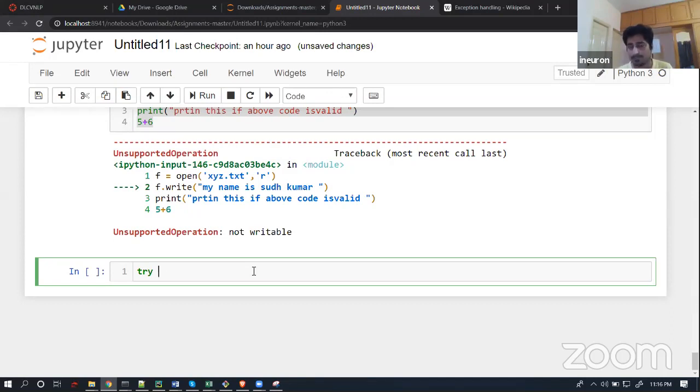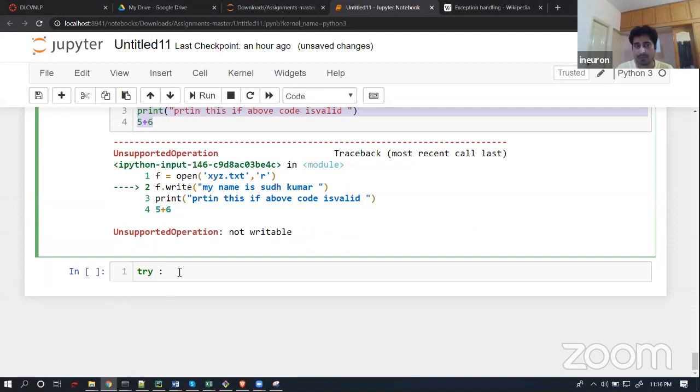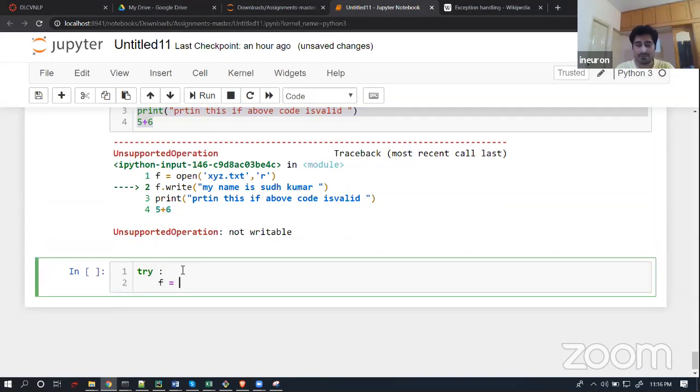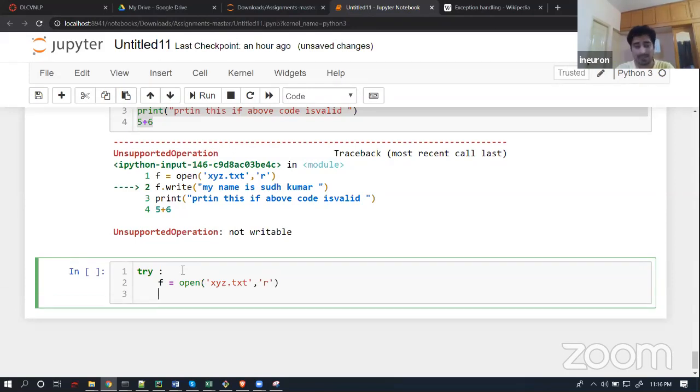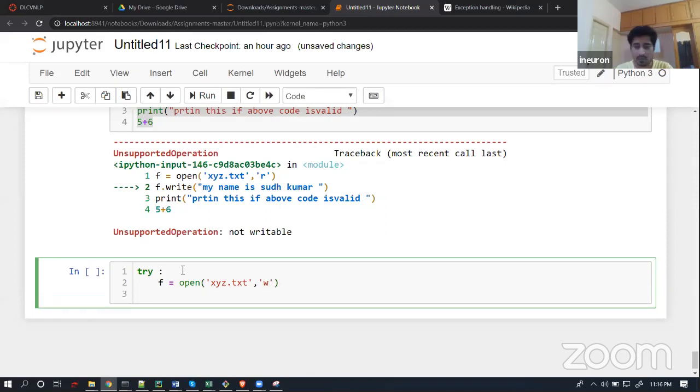So what I will do is keep that suspicious set of code inside a try block. Let's do it. So far, we have just been writing our code in this particular way. But now I will write the code inside a try block. Let's suppose I'm trying to open a file, xyz.txt, in this particular place, in write mode first, and then read mode. Even by default, it will be in read mode. If I'm going to do an f.write operation, if I want to write something,